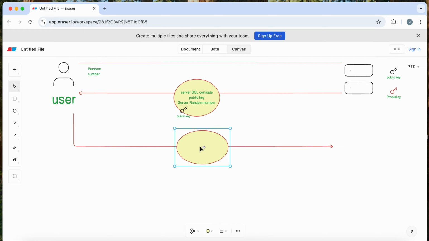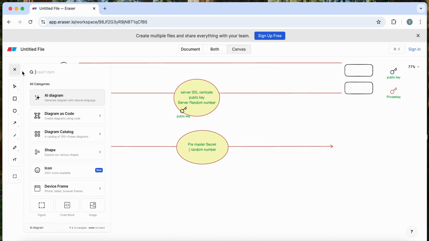It's a pre-master secret key, and it's another, I can say, random number, which will be sent over to the application server. So that packet, basically